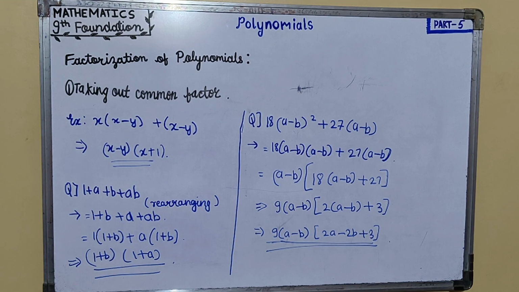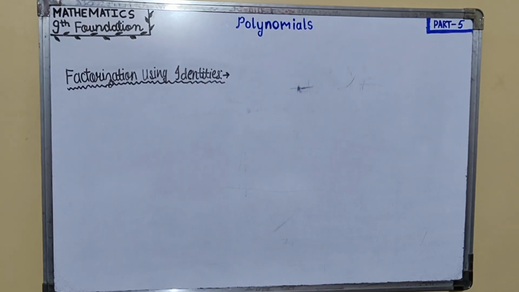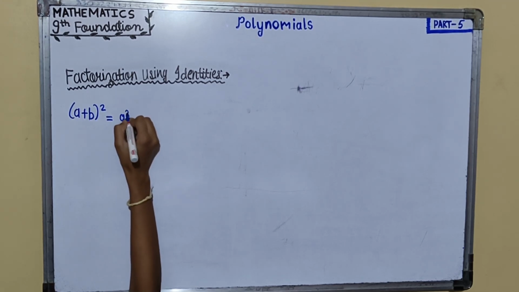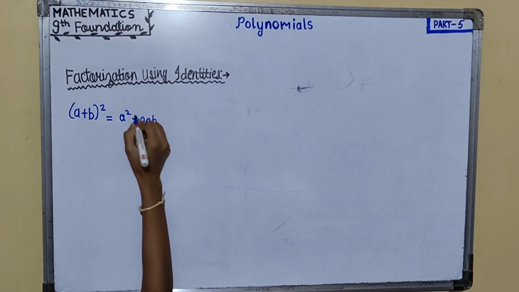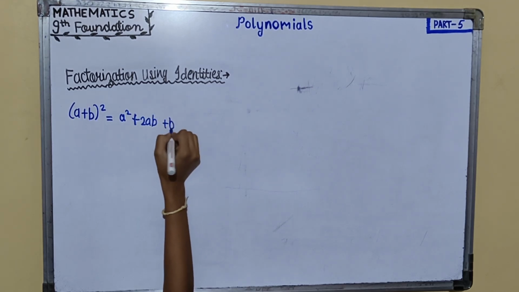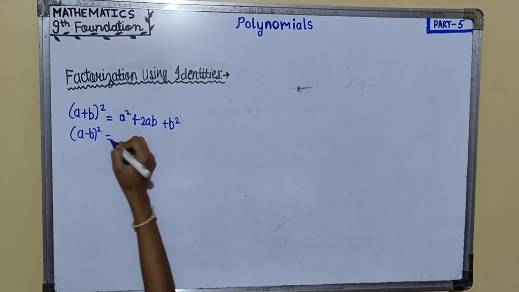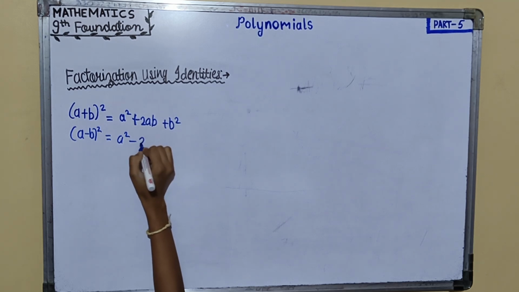Now let us see factorization using identities. Before that, we'll learn some important identities. Like there are many algebraic identities, but the most important to solve some questions are a plus b whole square. This is the most common and important. A square plus 2ab plus b square. Second is a minus b whole square, that is a square minus 2ab